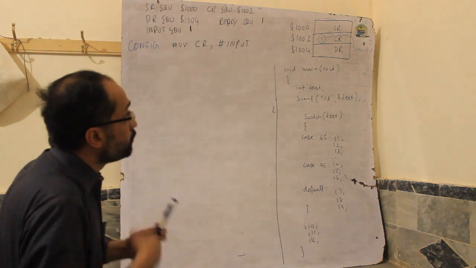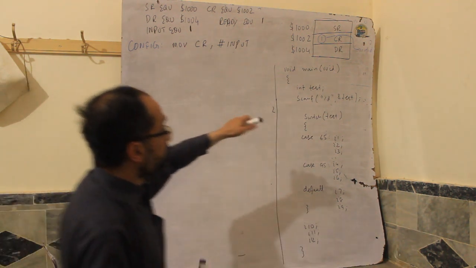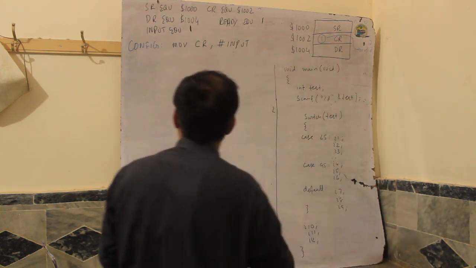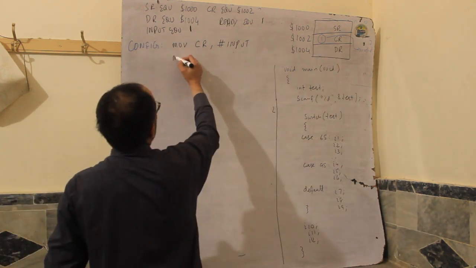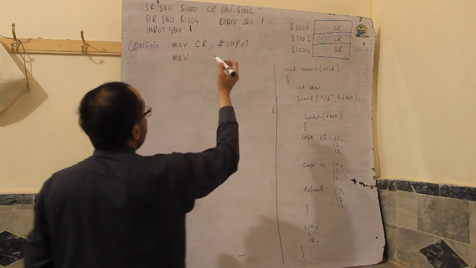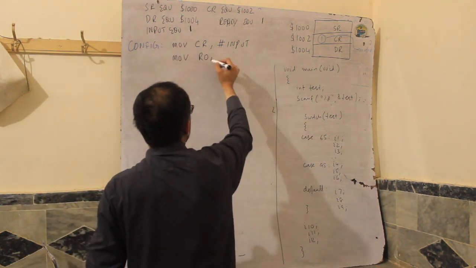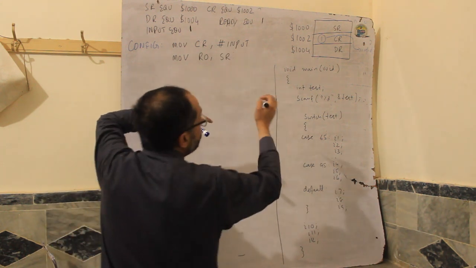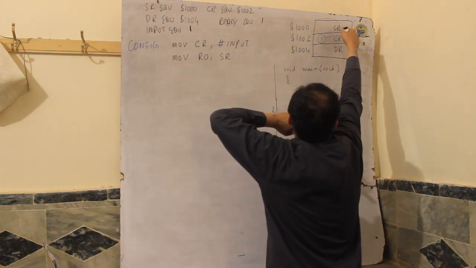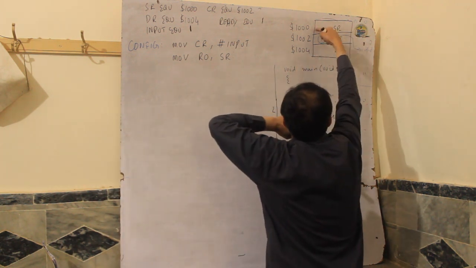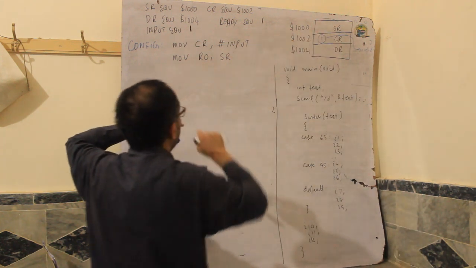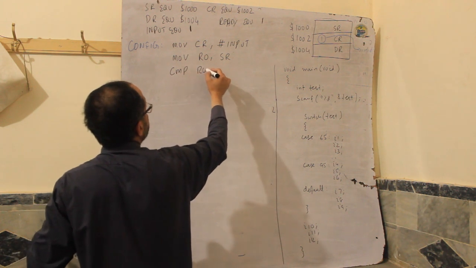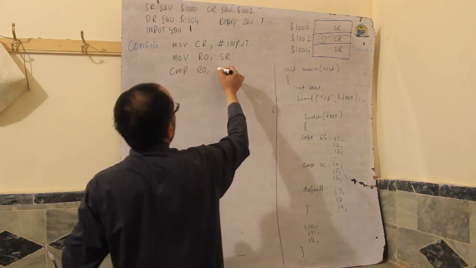Now we have to check the status of the device. We are in this statement scanner, so we have to check the status register. We can say move, and we can use some temporary register R0. So we move R0 into SR. We are transferring the contents of this register into R0. Now we compare R0 with